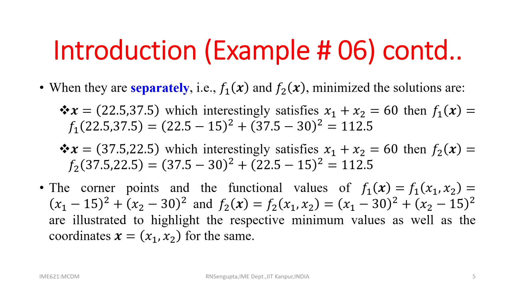Now, first let us consider trying to minimize them separately. So, as it says, when f1(x) and f2(x) are minimized separately, you solve them and the solutions are accordingly. We will go into the details of finding the optimum solution for a bi-objective or a multi-objective problem later on.